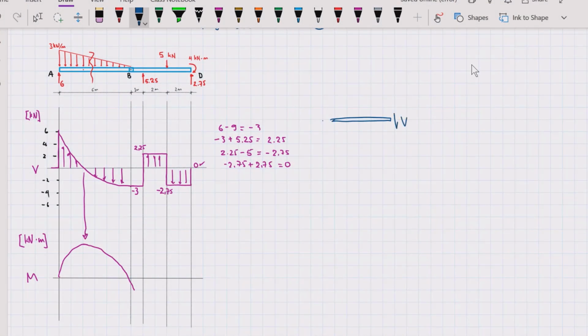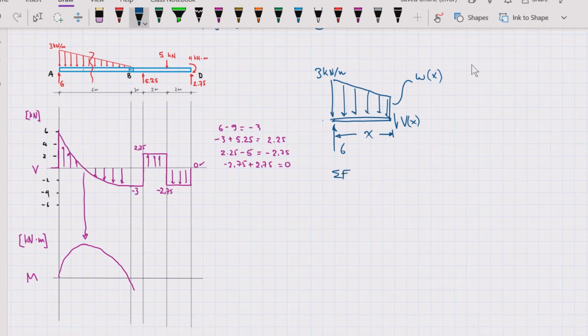where you have shear V of x, and then you have a load like this, where this is 3 kilonewton meter, and this is W of x, and this is 6, and this is x. Remember that? We saw that a couple of classes ago. Okay, so you do summation of forces in the y direction equal to 0, positive like that to make it easier for our equation. So I have V of x